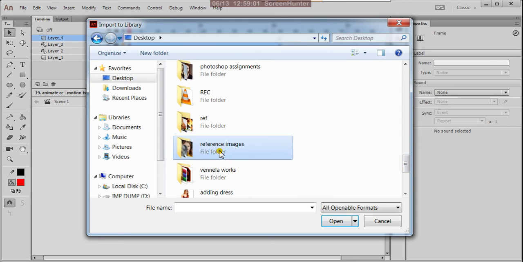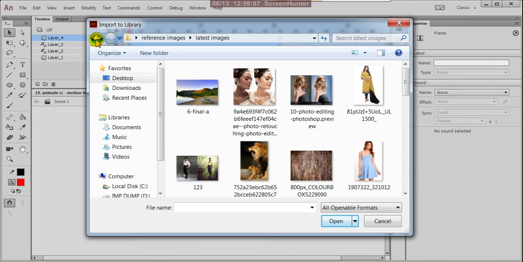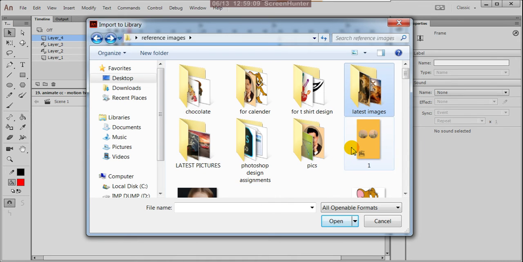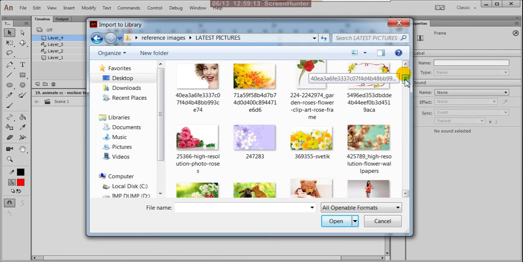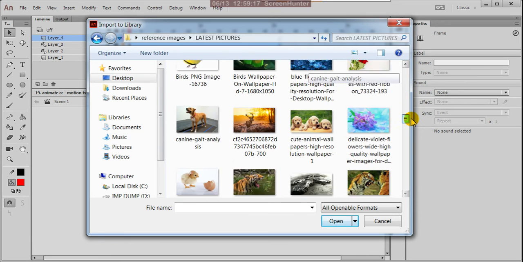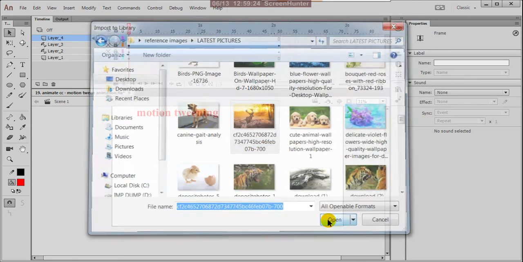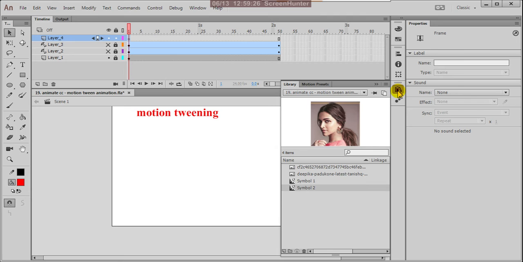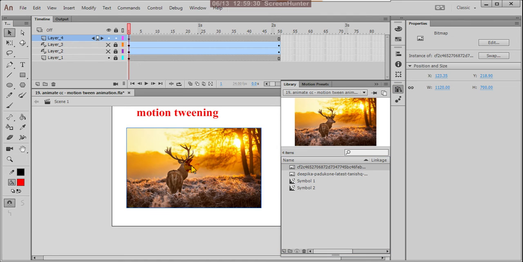There is another folder, latest pictures. From this, which picture shall I take? Suppose this one. Yes, open. Then click there and drag this.